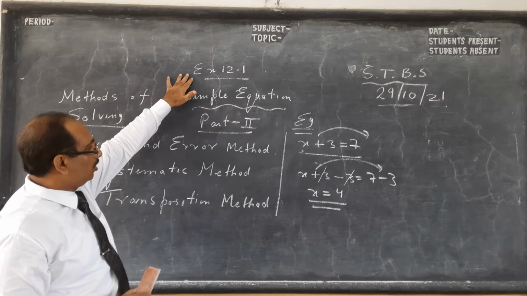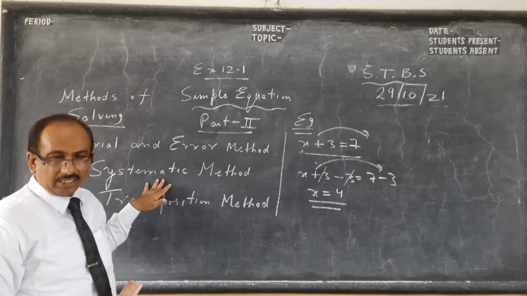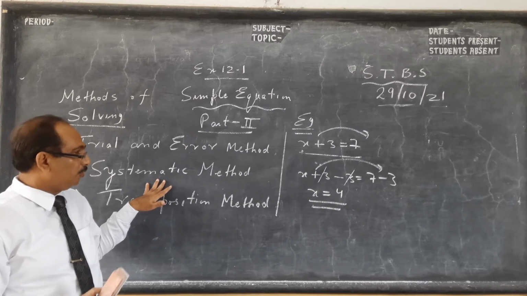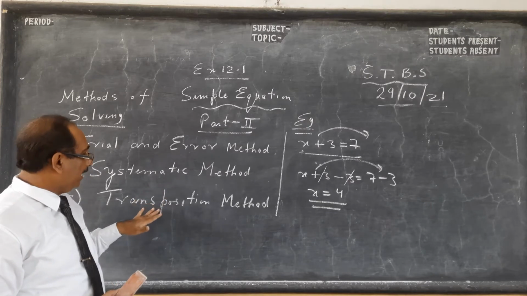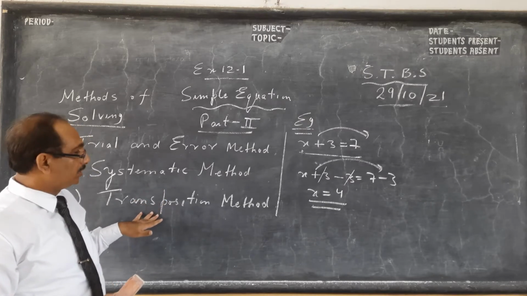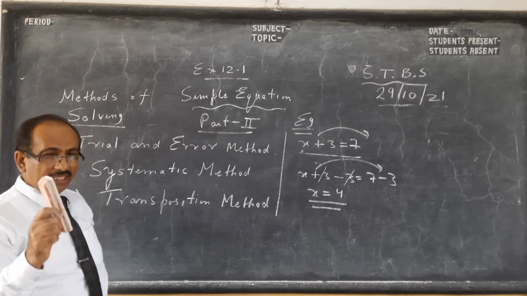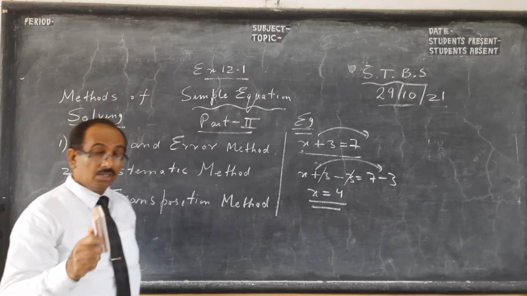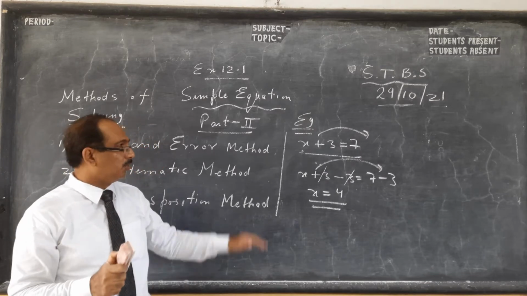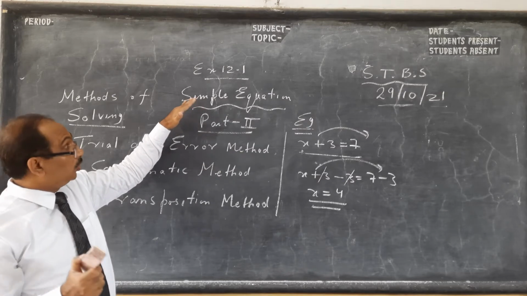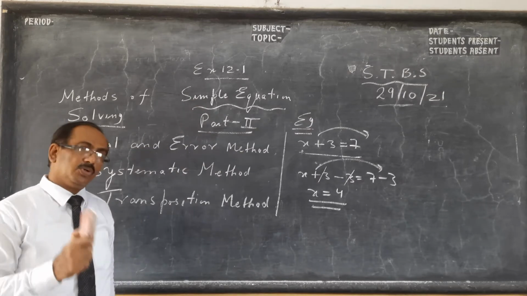So this is 12.1, based on the systematic method given by Euclid. You can see 4 points are given. The transposition method is actually in the next exercise, but in this exercise I'll show you both. Please see what is written in the book. Always use a standard book, generally you have a standard book only, and do the solved examples before you take up the chapter.